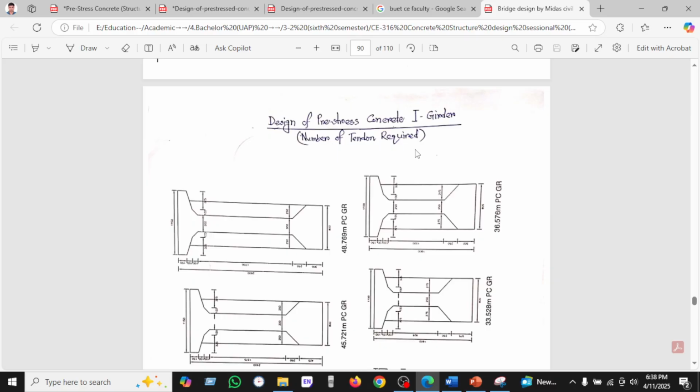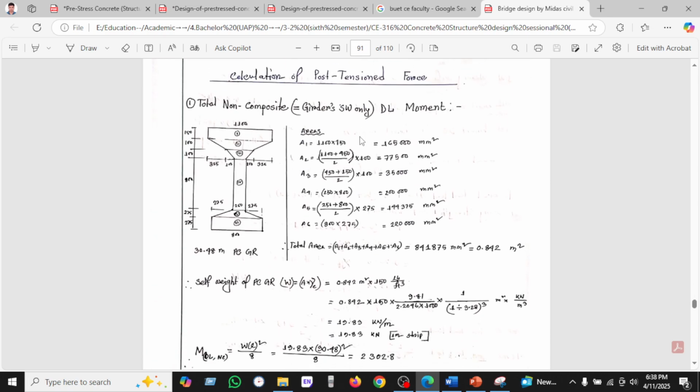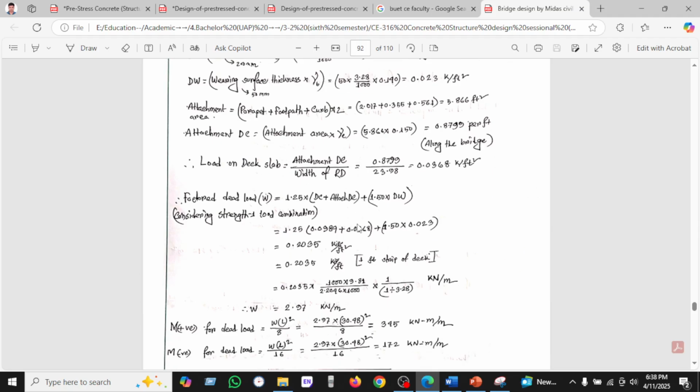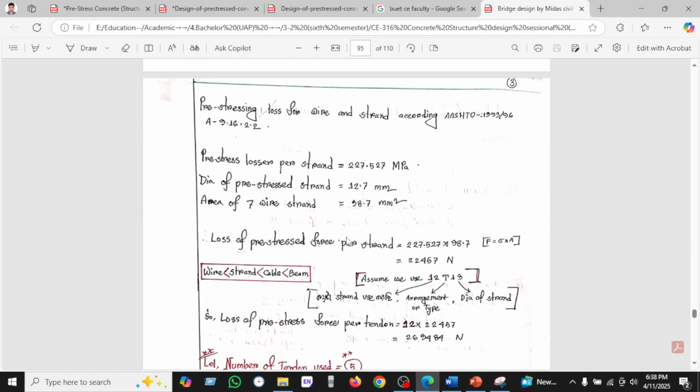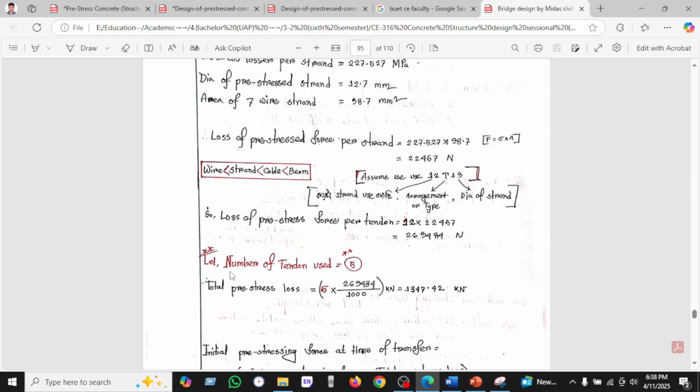Number of tendons: how many tendons are required. At first I have been calculating here and there, and after that I note it here as 12 T 13. 12 means how many strands we have used, and 13 is the diameter. Initially we assumed number 5 tendon, that's why we have been taking number 5. Sequentially we have shown first it is greater than beam, then less than cable, then less than strand, then less than wire,